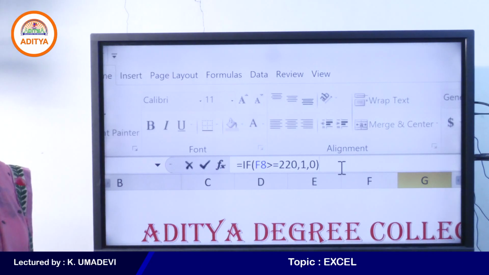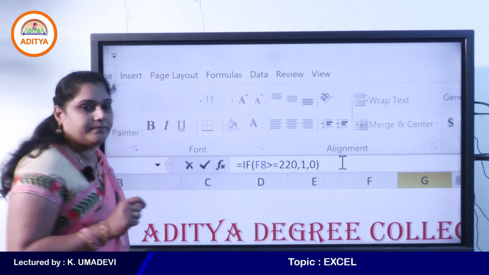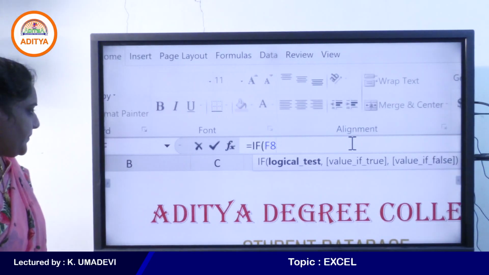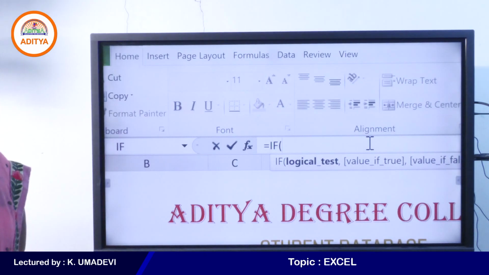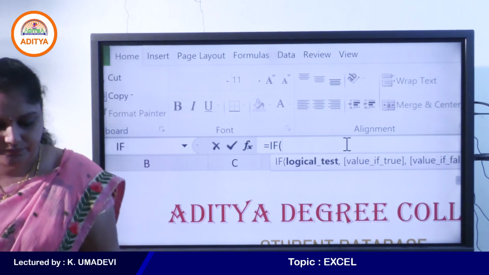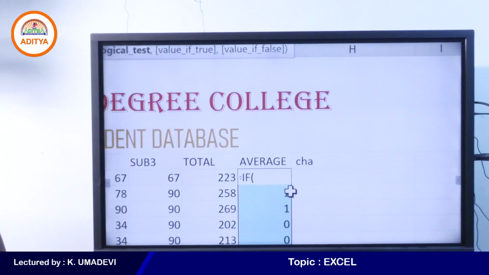For example, here, see, IF F8 greater than or equal to 220, or else for example, I will enter my own condition. So I will just select another cell.